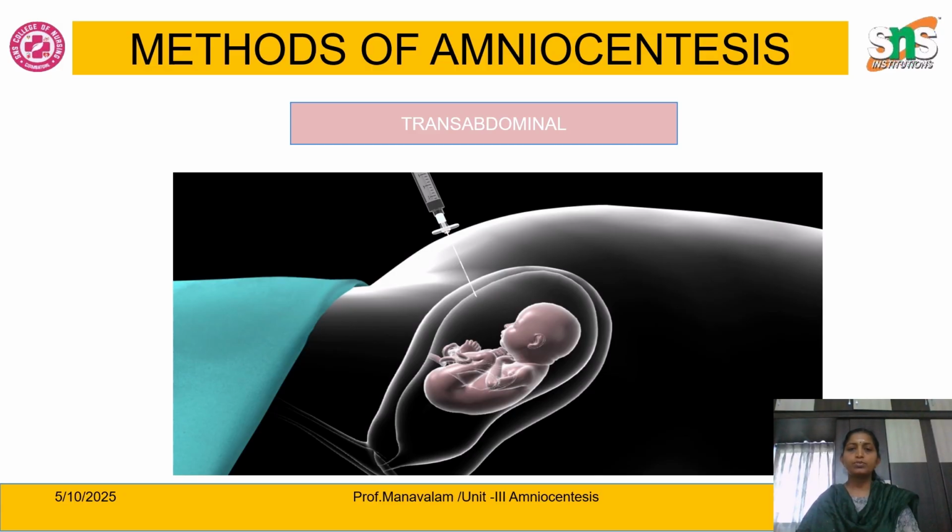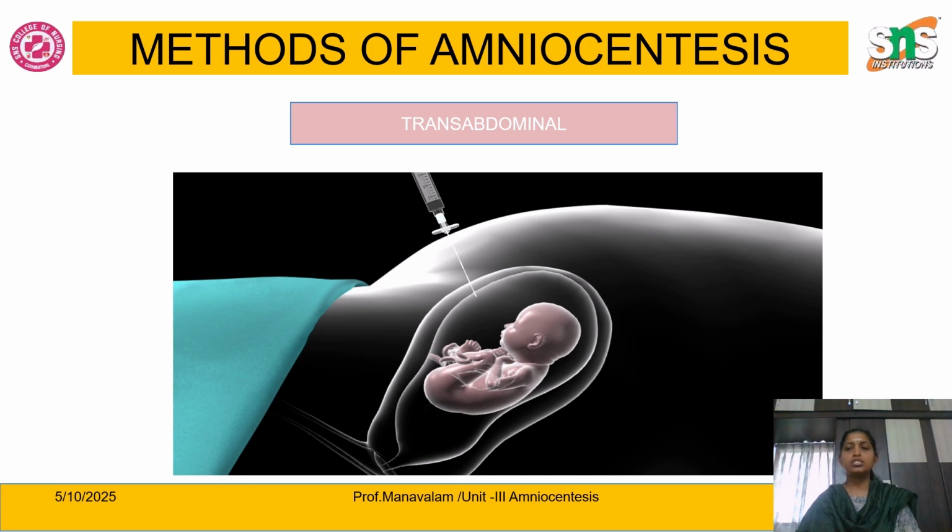Next, under the ultrasound guidance, we have to find out the location of the fetus, amniotic sac, and the placenta. This location finding is very essential to prevent injury to any of these organs. After that, we clean that area and insert the needle under ultrasound guidance, make a puncture into the amniotic cavity, and insert the syringe to withdraw 15 ml of amniotic fluid